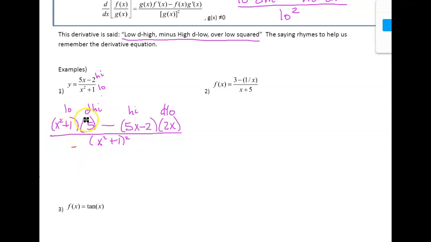So to simplify, this is where all the algebra strength comes in. We're going to distribute 5. And then this negative needs to be distributed, but also the 2x. So I'm going to actually make this a negative 2x. And then that's what I distribute. So you can do it all in one term. So minus 10x squared plus 4x all over this low squared. Okay. And then my last step is just to combine like terms. So in the numerator,